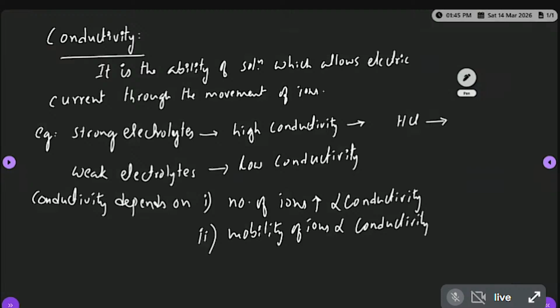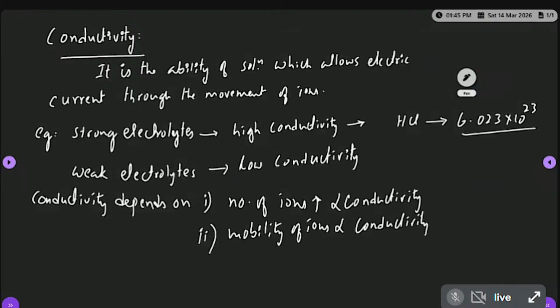So what is Avogadro number? Do you know anyone? Avogadro number. We have it in intermediate. Okay, Avogadro number is 6.023 into 10 to the power of 23 ions. So that is the maximum number of ions. Here the weak electrolytes have fewer ions, so those electrolytes have low